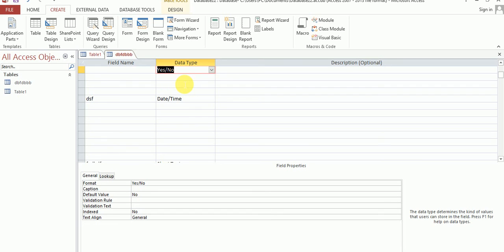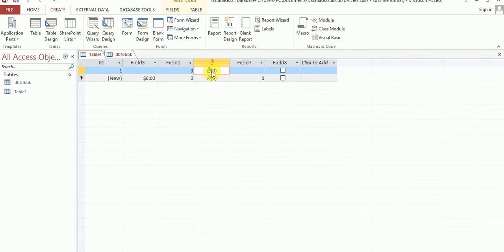Hyperlink option: when you insert a link in your MS Access table, then you can use the hyperlink data type. Next, lookup wizard. It is used to create a field that lets you select a value from another table or a list of values. Attachment, already discussed, because when you insert images, videos, songs, or any documents into your MS Access table, then you can use the attachment data type.